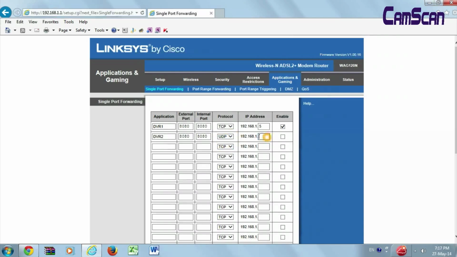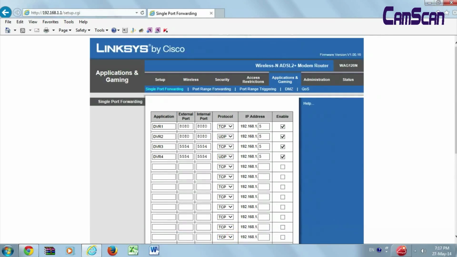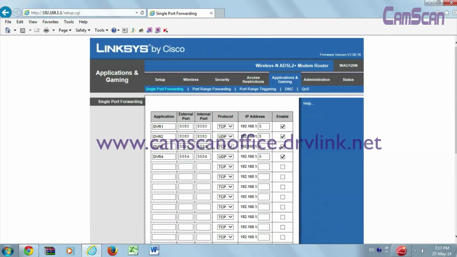Set the second application to be called DVR2 with the same settings as the first application, but with UDP as protocol. Set the same settings for the next two applications, DVR3 and DVR4, but for the port 5554. Ensure all the checkboxes for the four applications are enabled. Click Save Settings. The DVR and router settings are now complete and you may access your DVR online by opening